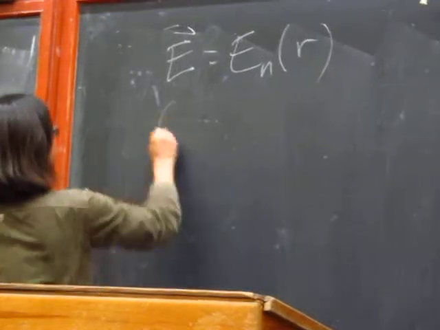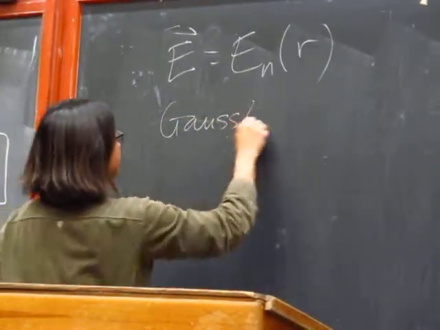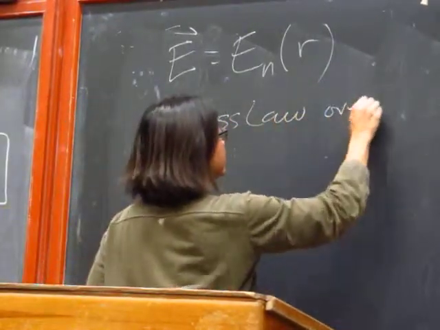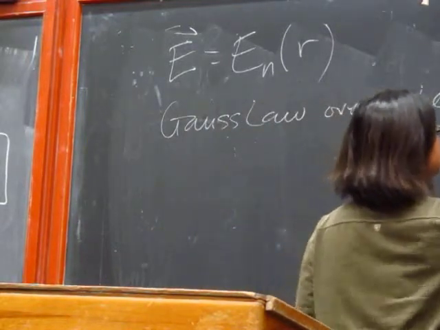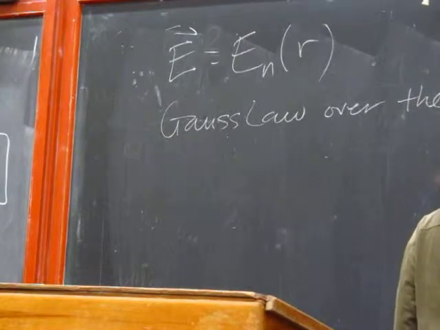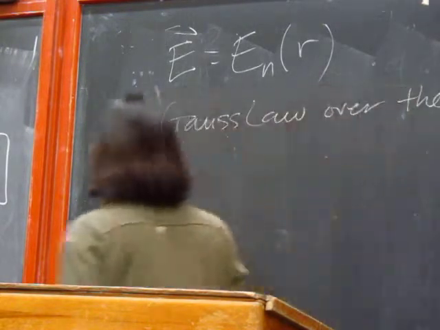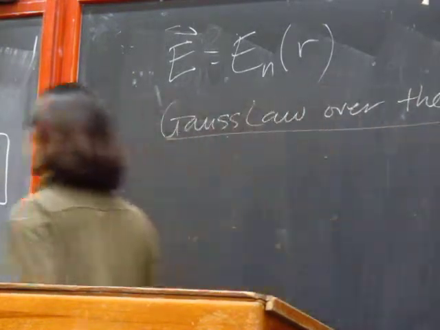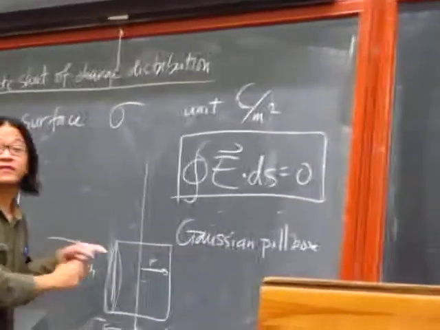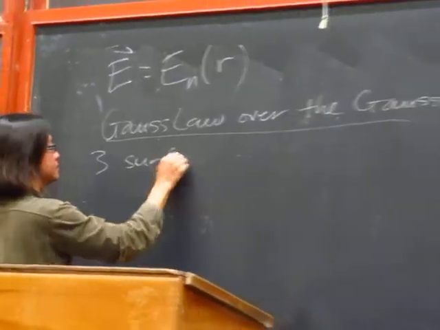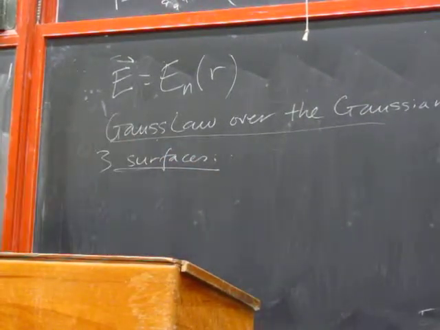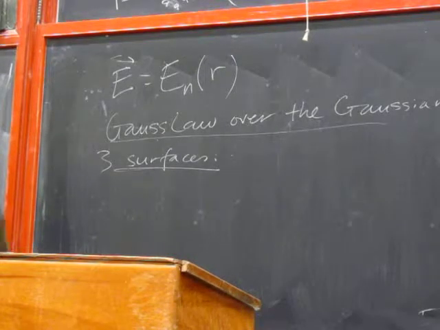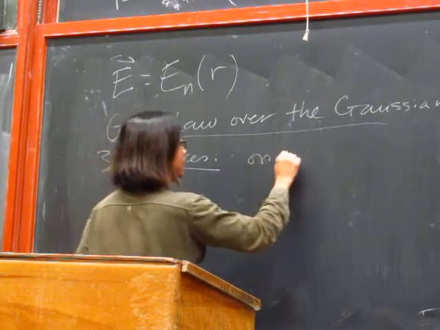From Gauss's law over the Gaussian box, we find that there are 3 parts here, 3 surfaces. On the wall of the pillbox,